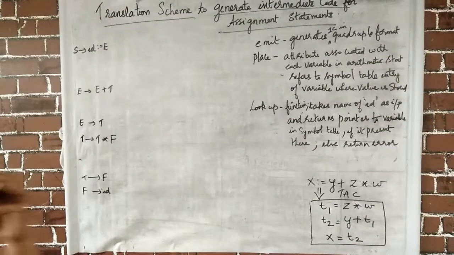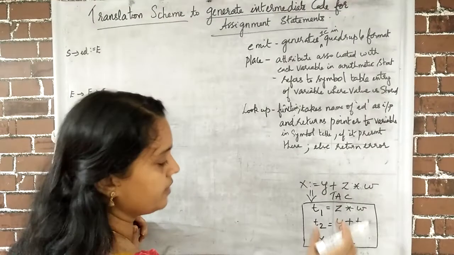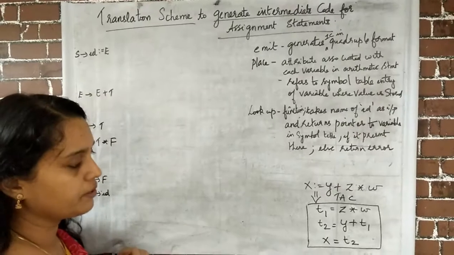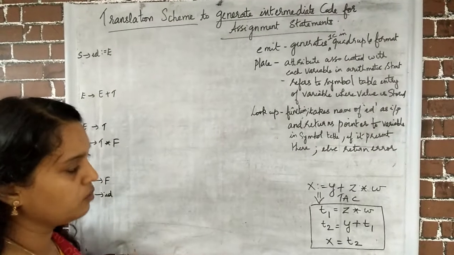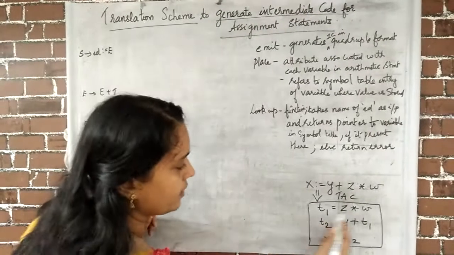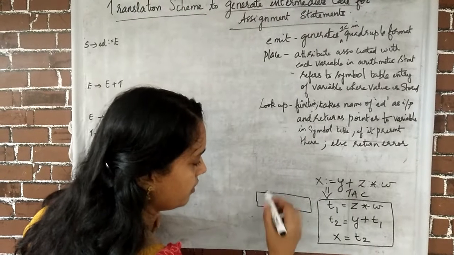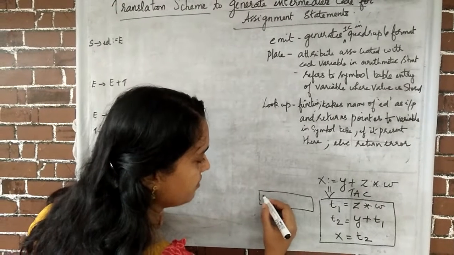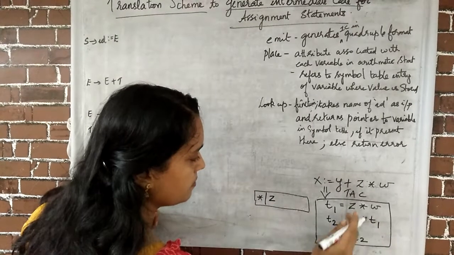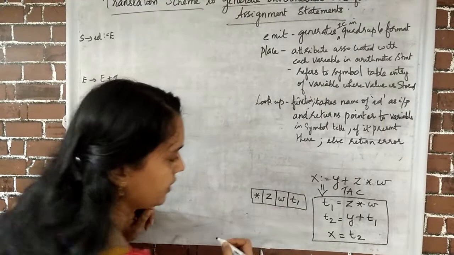So we are going to discuss a translation scheme that is capable of generating the three address code, and we have already discussed that three address code may be implemented using a quadruple, a triple, or indirect triple. Now in this translation scheme we are going to implement it using a quadruple. So how can we write the quadruple of this? A quad means we will have four fields. In the first field we will have the operator, so star operator. Then the first operand is z, the second operand is w, and the result is stored in t1, right?